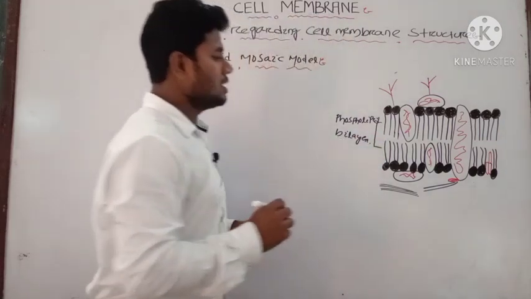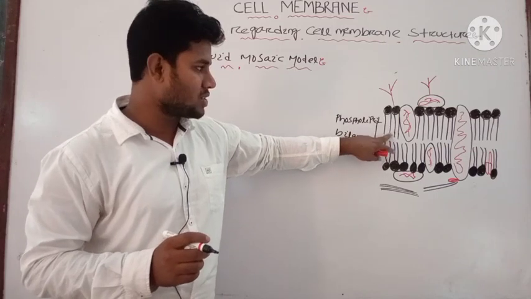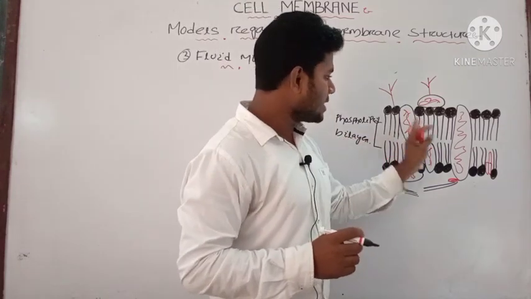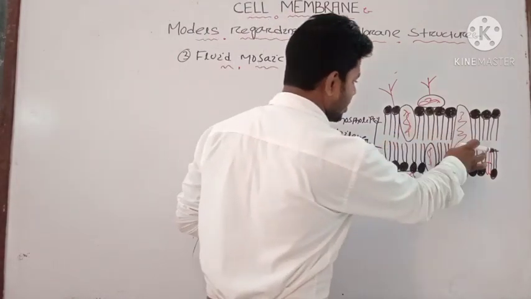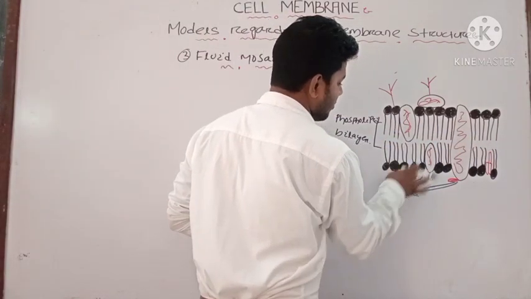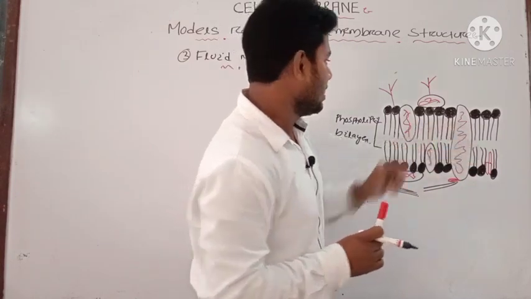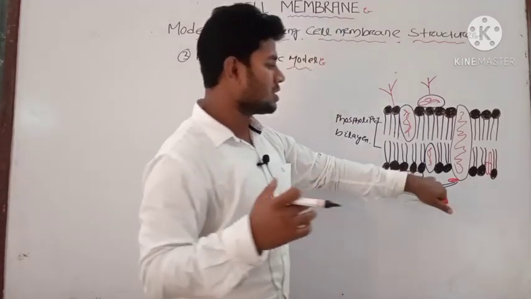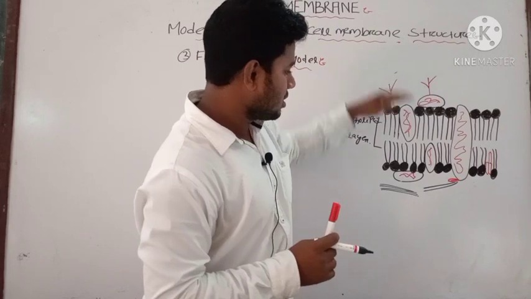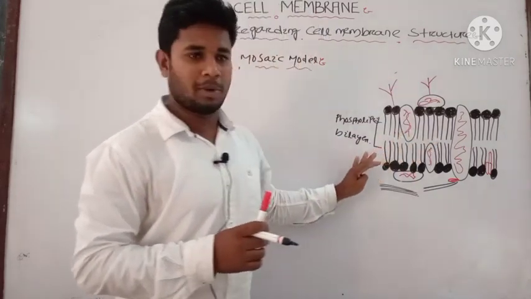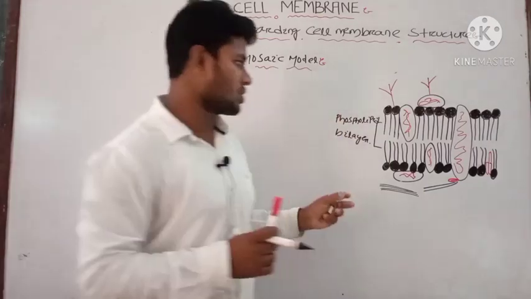Like that of your unit membrane structure, you find two layers of phospholipid structure, inside which there is presence of several proteins. Here you can see the protein structures which is present outside the phospholipid bilayer and also inside the phospholipid bilayer. But in unit membrane structure, the protein structures are present upon the surface, not in the inside of the phospholipid bilayer. That's why it is different from that of your unit membrane structure.